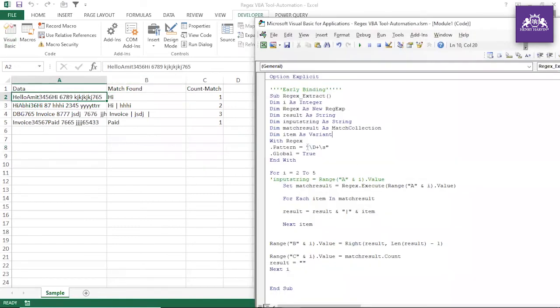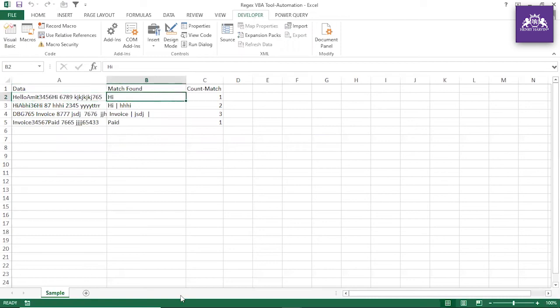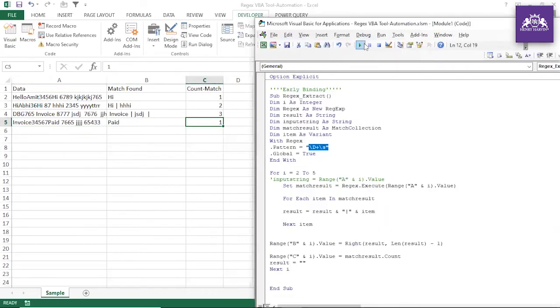So you can just interpret this pattern, or maybe if you want some space in the beginning also. What does it mean? Any non-numeric thing followed by some space. So high is there, high has come. And if you look at this, after high and after high, this is perfect. After invoice also we have some space, after GSDI some space, after paid we have some space. But if you look at this, now it will become 2. All right, guys, it is working. So understand, you can play with this as much as you want.